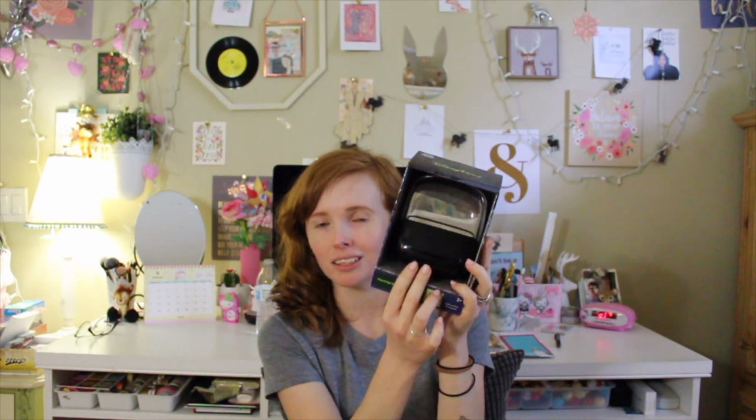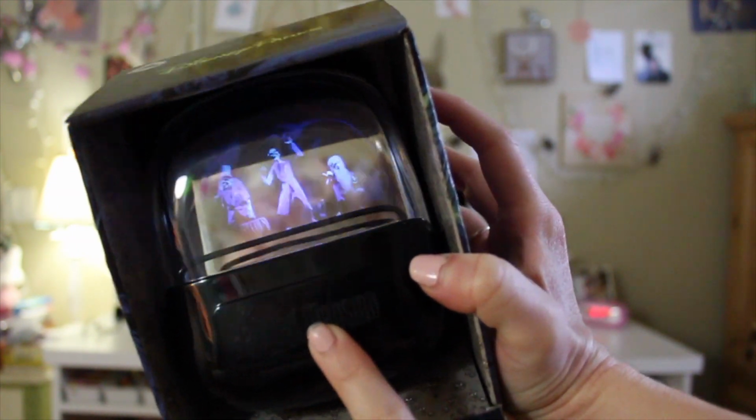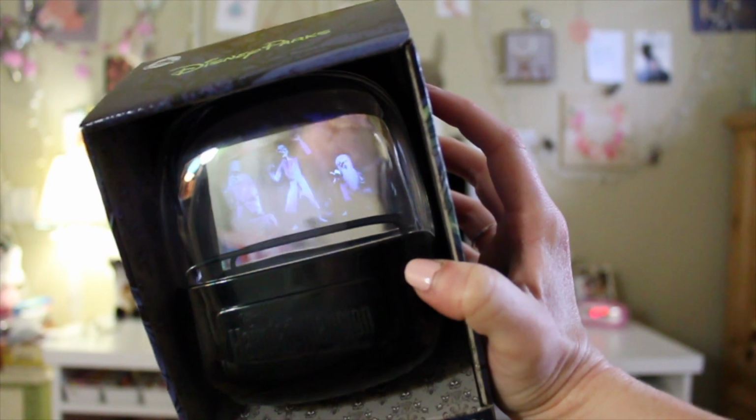And then we got, this is a little funny kind of thing. It's this little doom buggy, which is the ride vehicle that you ride in when you ride the Haunted Mansion. And if you push this button, there's no turning back now. It just has the 3 hitchhiking ghosts, and they kind of light up, and it has quotes and narration from the ride, as if you're on the